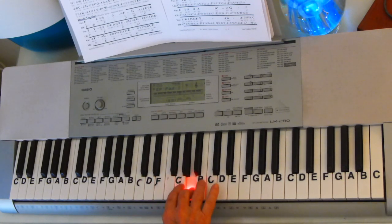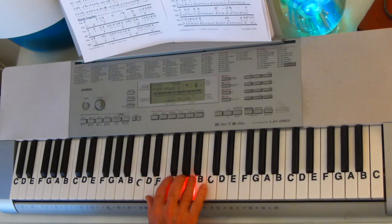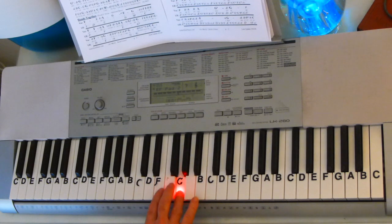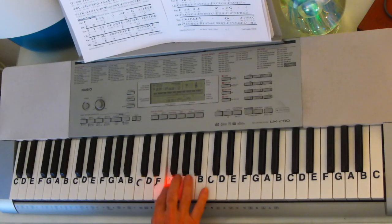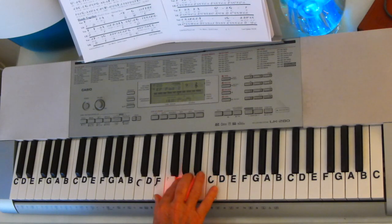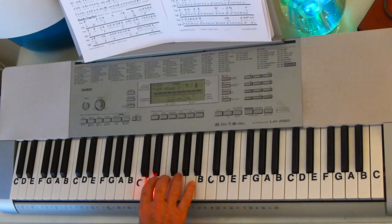A, G, F, E, D, A, B, A, G sharp, G sharp, E, G, F, E, G, A, B flat, G, E, F, A, G, E, D, F sharp, A, C, A, F sharp, G, D, E, F, G, F, E, D, C,